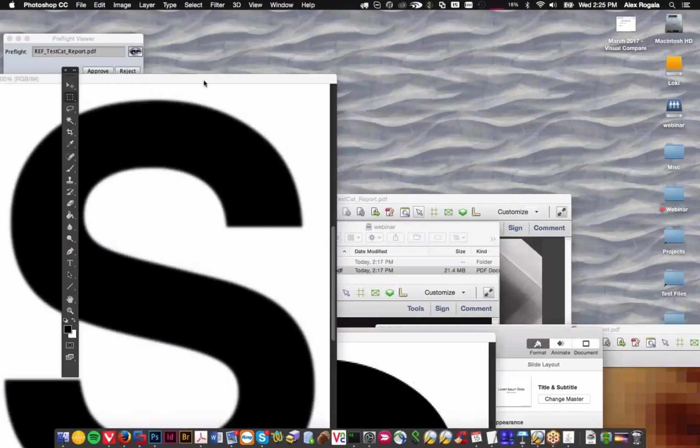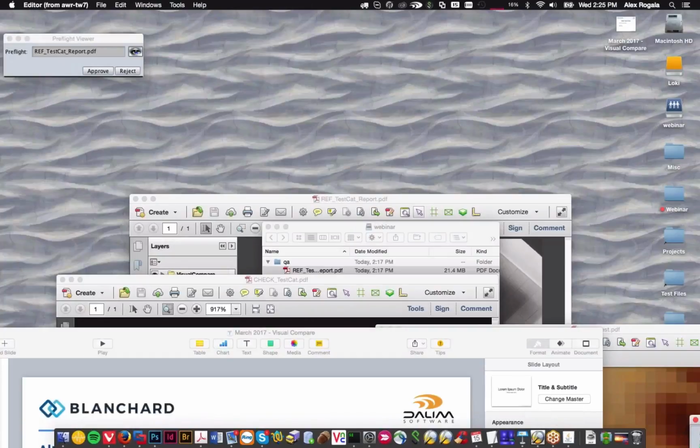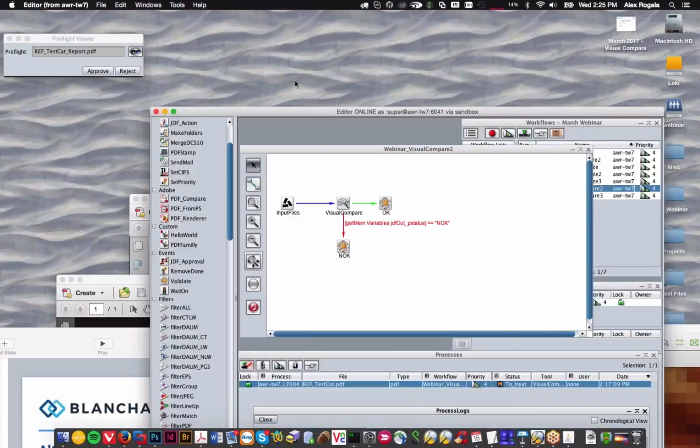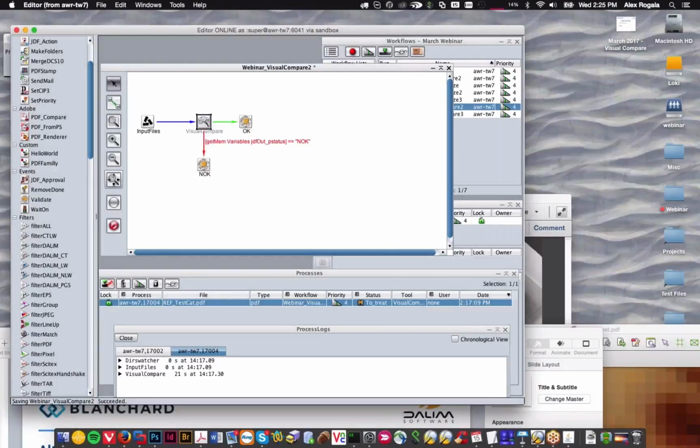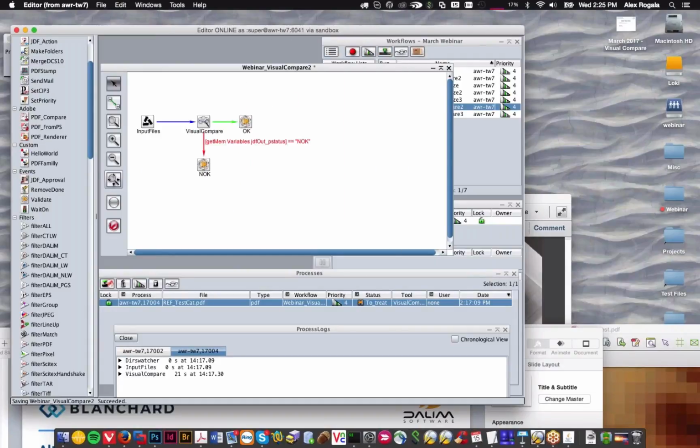One good example of it will actually be those anti-aliasing files I had there. Let me pull up my workflow. So I have my workflow here. There is an option in here. Let me actually change that real quick. So there's an option in here in VisualCompare. If you go to expert editing,